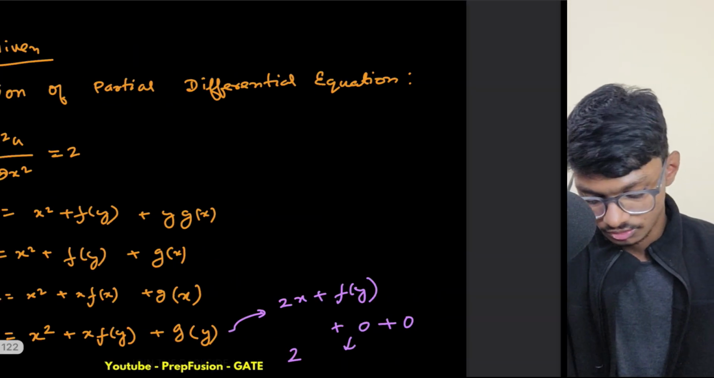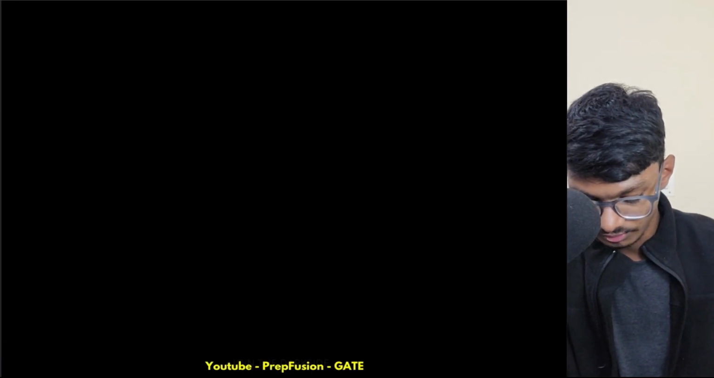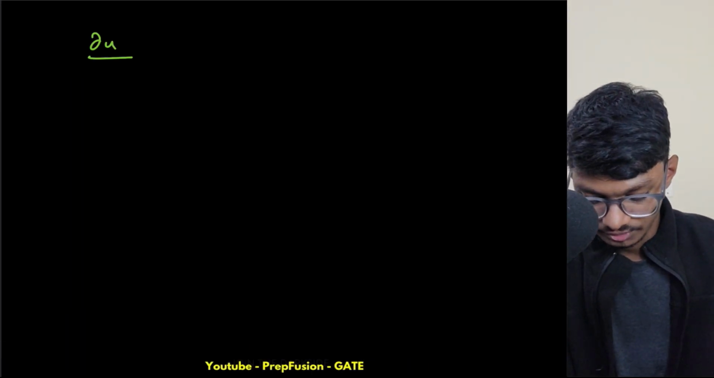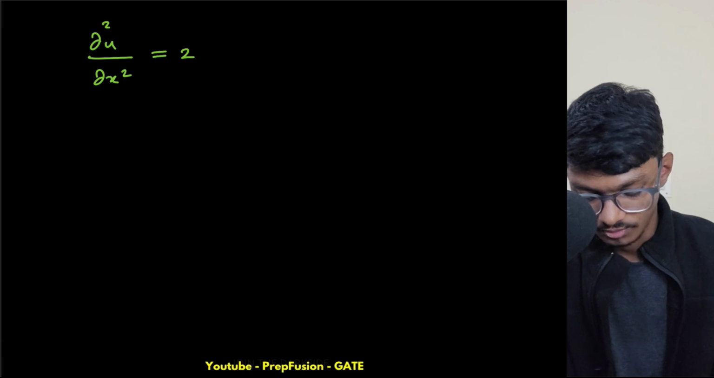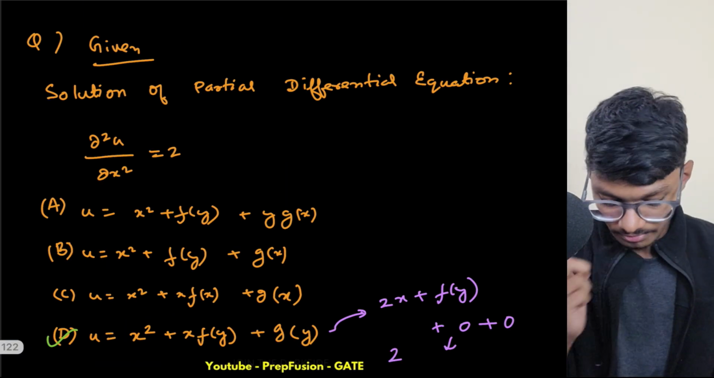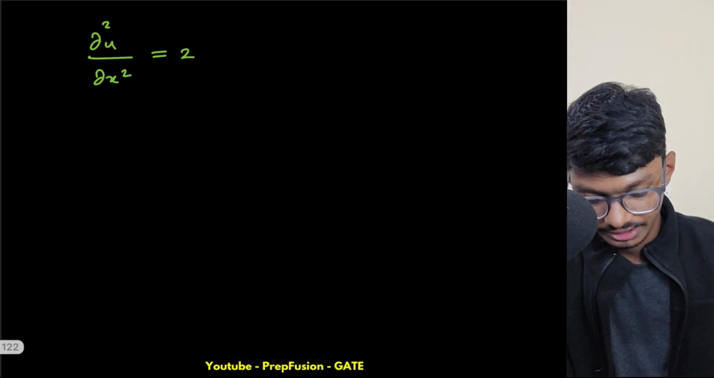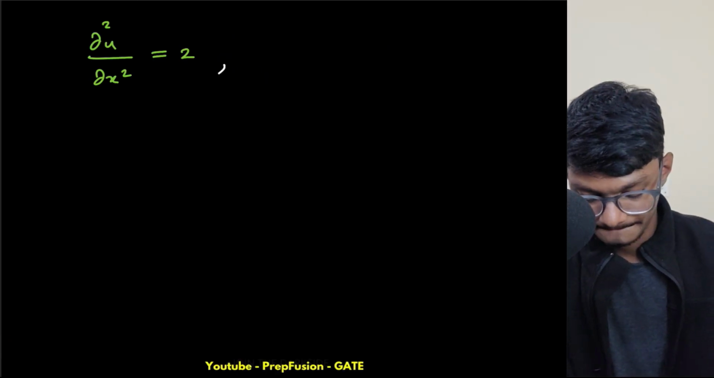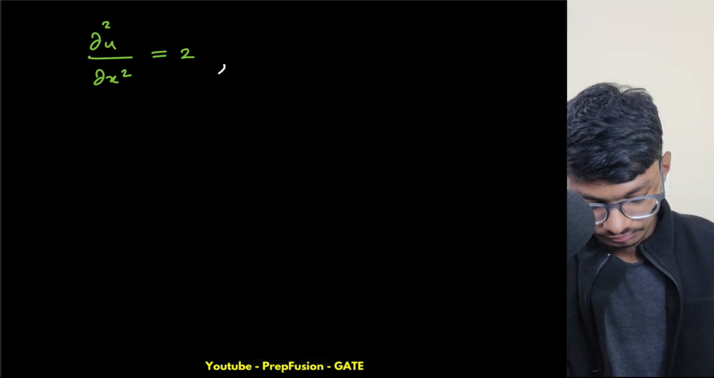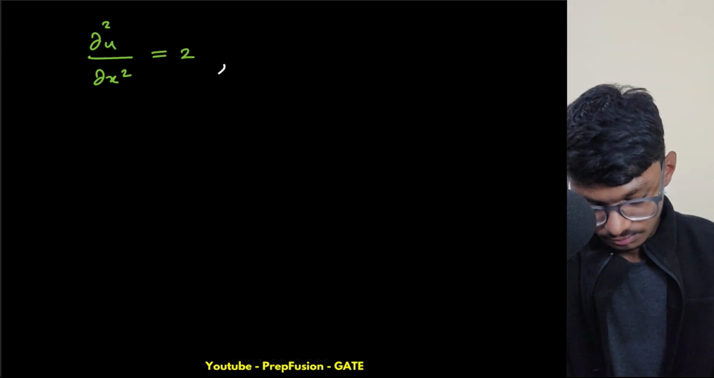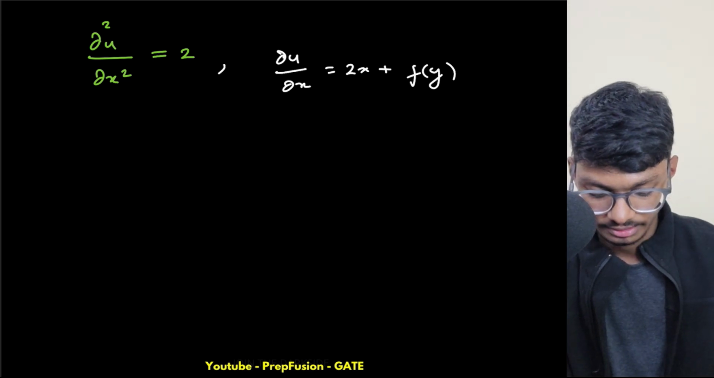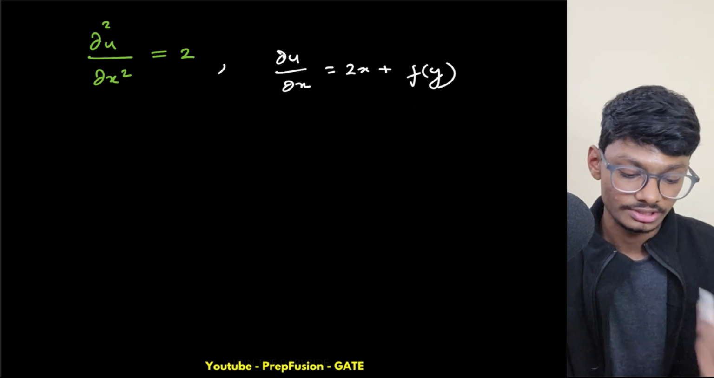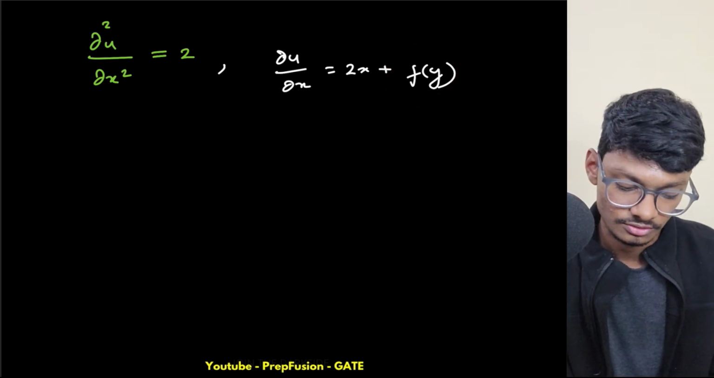How to formally solve it? What we'll do is we'll write our partial differential equation equals 2. Okay, so this is our partial differential equation. If I integrate it one time with respect to x, this will be 2x plus some function of y. Why can't x come here? Because there will be some constant term, and that constant term can also be a function of y